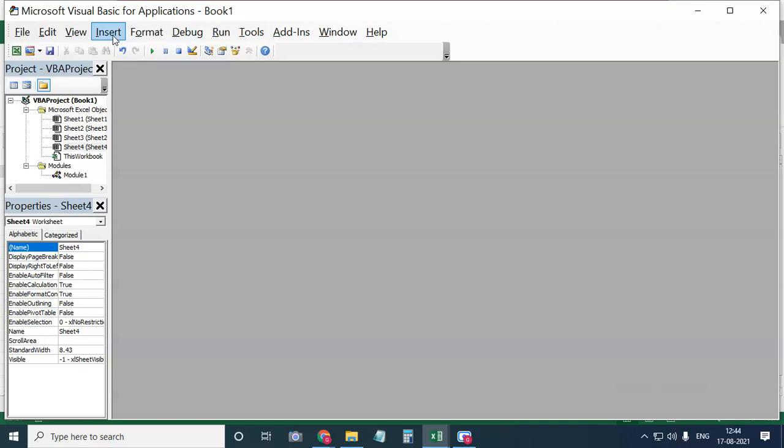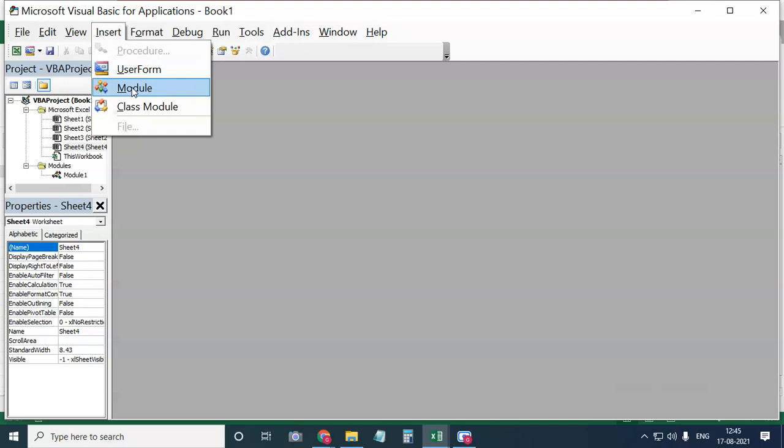Now if you want to write a new program, you just have to use this Insert tab. From this Insert tab there are three options: User Form, Module, and Class Module. User Form is if you want to create forms and all; the user is going to use that.